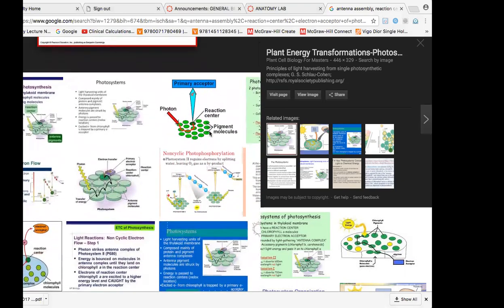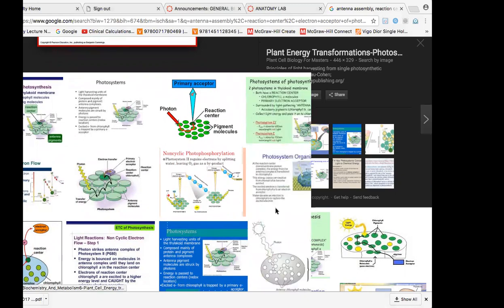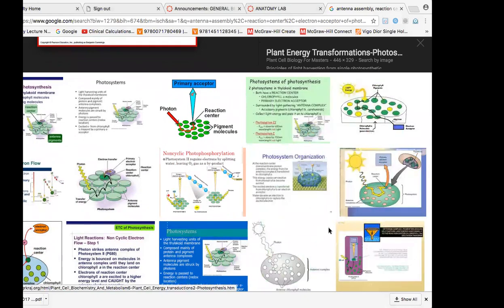The photons come in. Here's the antenna assembly. Then there's the reaction center, and then there is an acceptor. So that's what's being depicted here, and this will be explained much better in the upcoming videos. But let me just say that